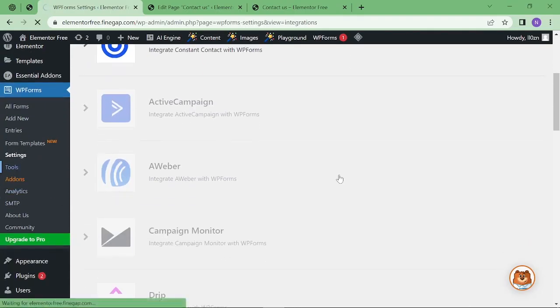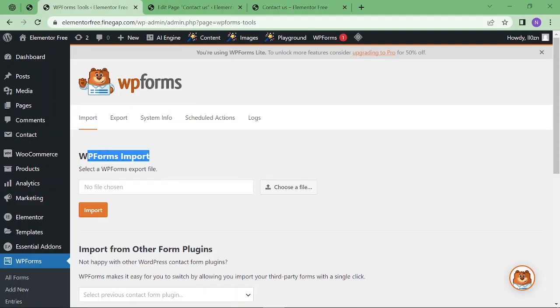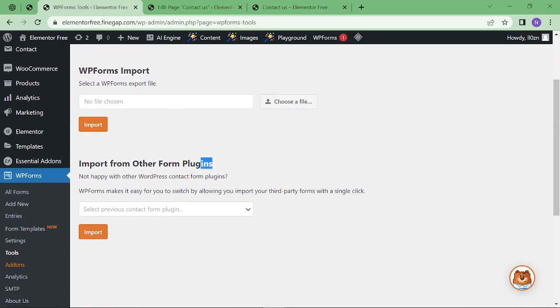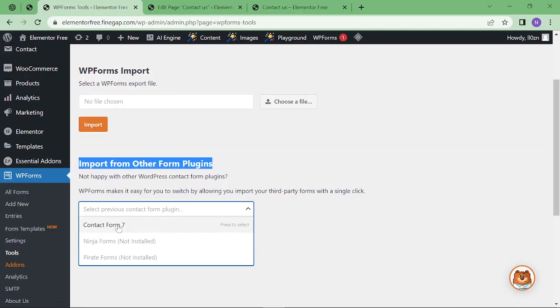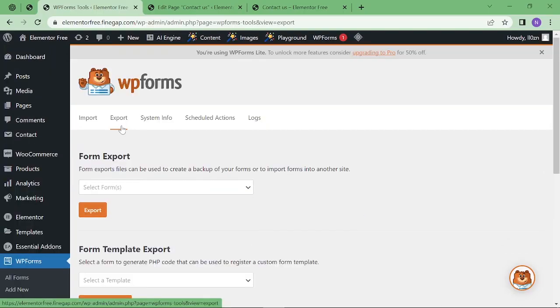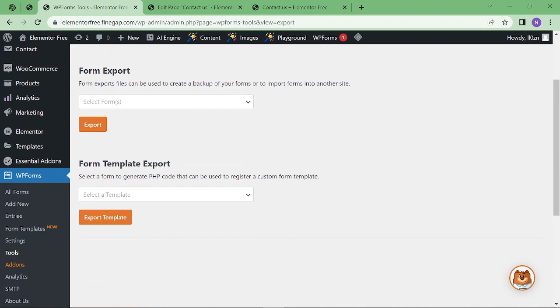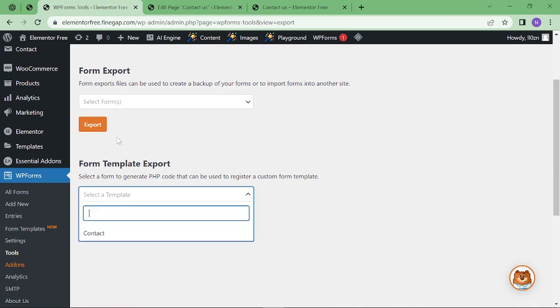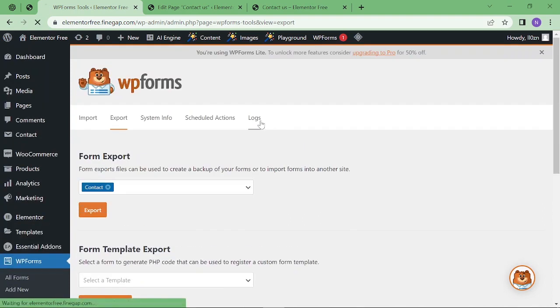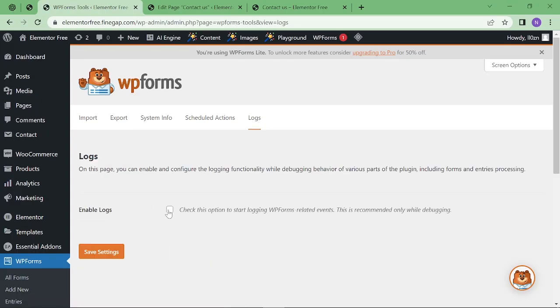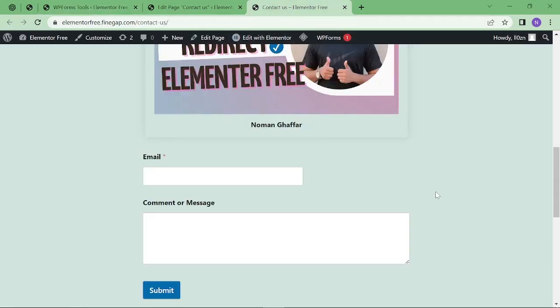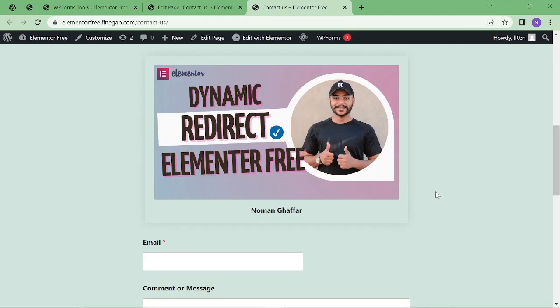Then go to tools. This is also an important feature. You can import or export your form from there, and it is available in the free plugin. You can also import forms from other plugins, like we have installed Contact Form 7, and here you can export your forms easily if you want to export a template or a full form. Here you can see logs of the form. We can enable this option and then save the logs to check any errors or other things. In this way we can add contact forms in WordPress, and I have explained everything about this plugin,